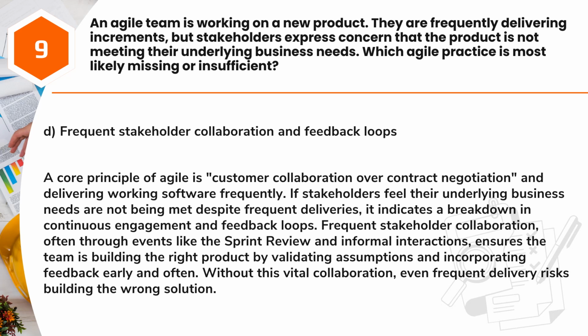A core principle of Agile is customer collaboration over contract negotiation and delivering working software frequently. If stakeholders feel their underlying business needs are not being met despite frequent deliveries, it indicates a breakdown in continuous engagement and feedback loops. Frequent stakeholder collaboration, often through events like the sprint review and informal interactions, ensures the team